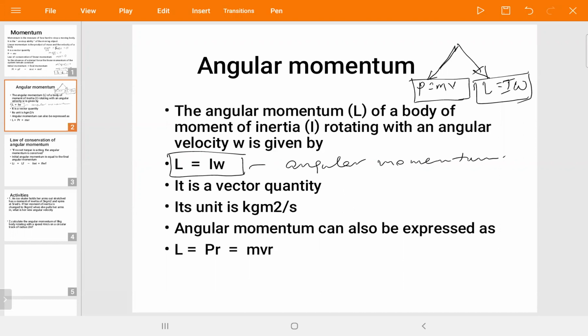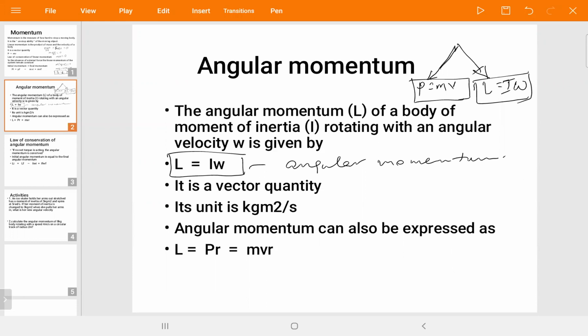Angular momentum. An additional piece of information about angular momentum is that it is a vector quantity. It's not a scalar quantity, so it needs a direction, and the direction is in the direction of angular speed. And its unit is kilogram meter squared per second, and it has another expression,